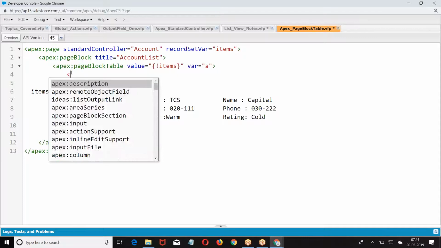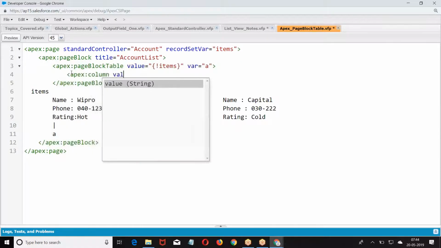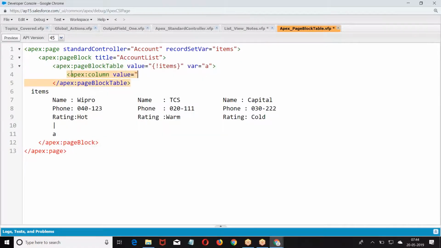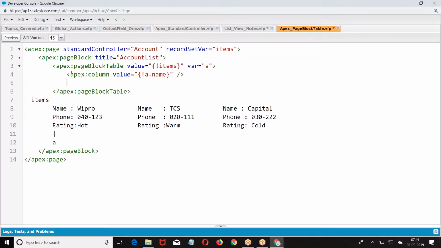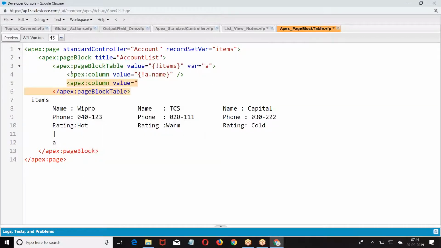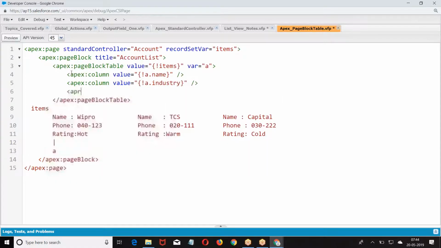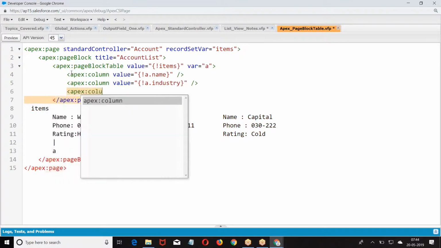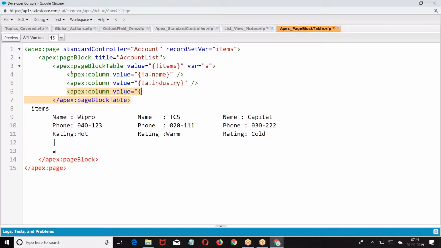Here what am I doing? Apex column value equal to A dot value, equal to A dot value, equal to A dot. So what was that?